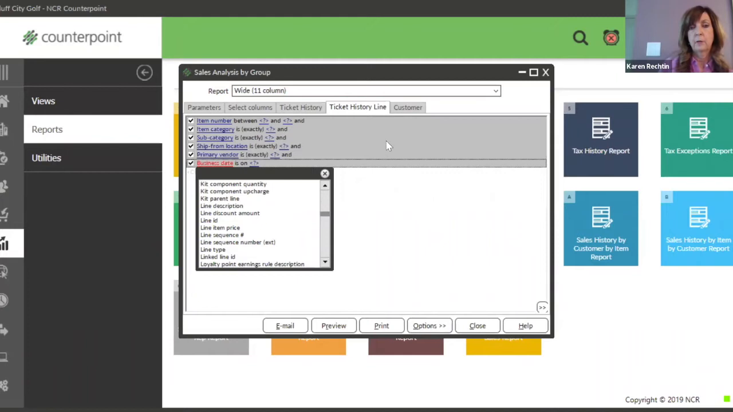And in a lot of our reports, the reports are pulling together information from different tables in Counterpoint. So here, for example, in the sales analysis by group, for the particular report I've selected, it's pulling from the table of ticket history and ticket history line and customer. So because of that,